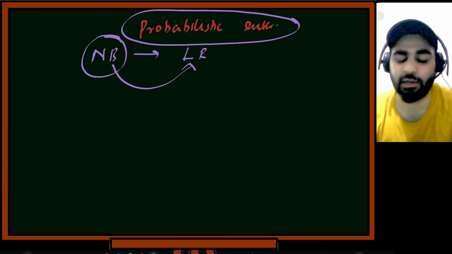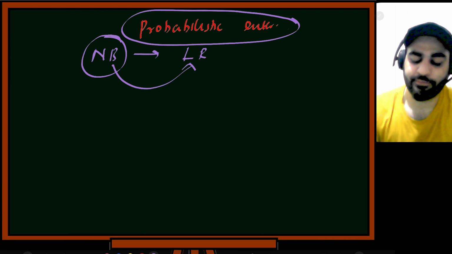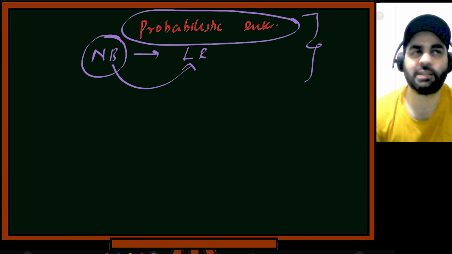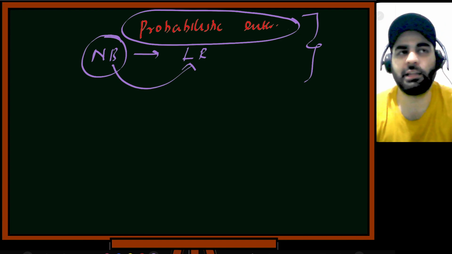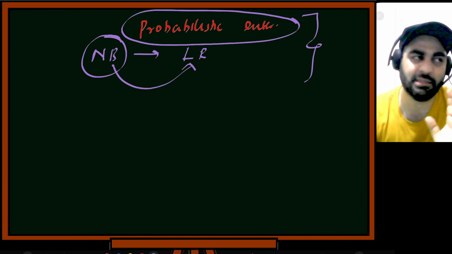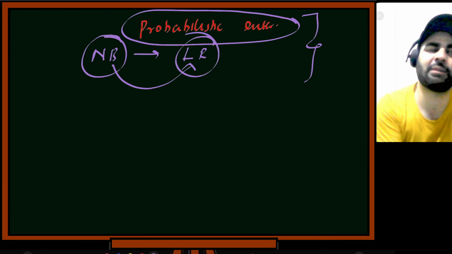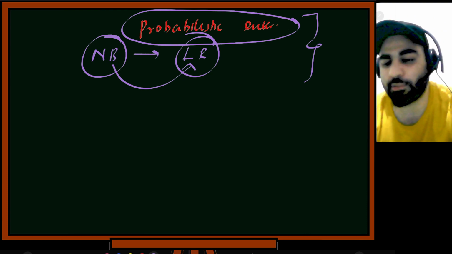I hope you are clear with logistic regression so far, except for the probability interpretation. From the next class onwards, we'll first cover probability, random variables, and the different types of distributions, so that we can understand logistic regression from the probabilistic interpretation. Okay, so I'll stop the recording over here. If you have any